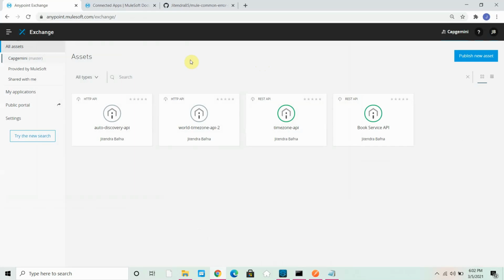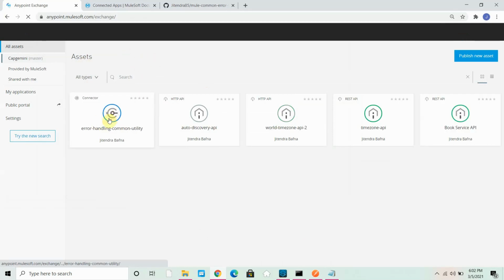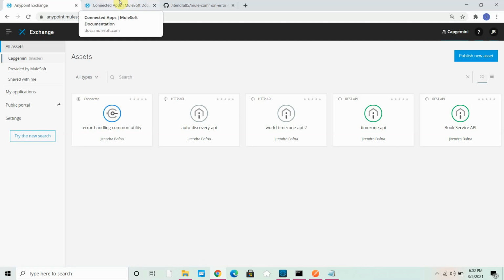Generally you should not face this, because I keep on redeploying the application again and again. So there is some problem with versions. So 409 means some version issue. You can see your application is again here basically, no? So you can basically see that your asset has been successfully published using the connected apps. Okay. So this is how you can make use of connected app for deploying or publishing your application to Anypoint Exchange and deploy the application into the cloud hub.